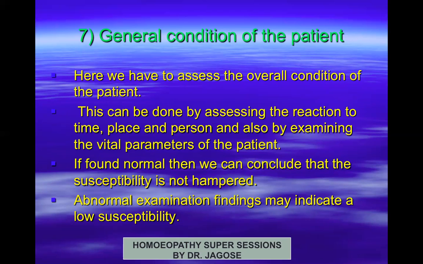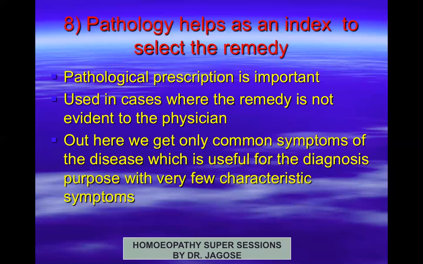This is for beginners who have just passed out, or students. If you find this difficult to remember, write it down on a piece of paper and accordingly solve it when the patient comes to you. As you gain experience, this will automatically come to you without any problem. So I repeat, a summation of all these 7 points has to be taken into consideration. You cannot say the susceptibility is high because of age or sex or occupation and all that. All right, these are the important points which have to be taken into consideration.